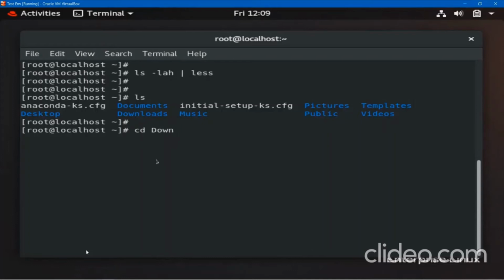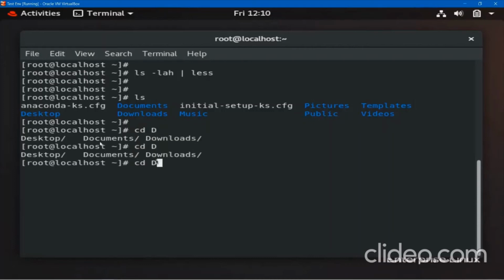In Linux we have something called auto completion. Here I have written DOWN. If I press tab now, it completes automatically. If I am starting with only D, in D we have around 3 folders: Desktop, Downloads, and Documents. So if I press one tab now, I will not get anything. To see the options starting with D, I can press double tab. Here you can see one is Desktop, one is Documents, one is Downloads.